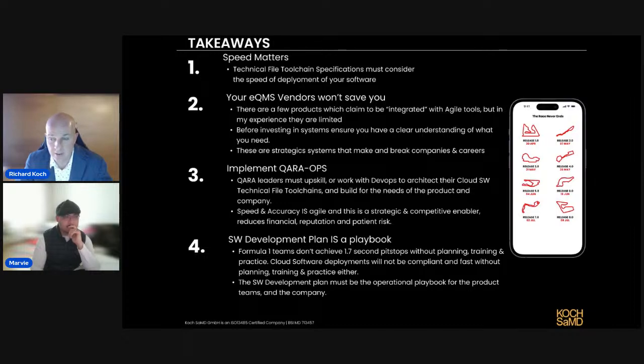So you don't have to guess, you don't have to reinvent the wheel, but basically you get the help you need. So yeah, in summary, do it yourself. Obviously your network, and Marvi and I are trying to fill the gap to support QARA professionals in that space. Marvi, have you got any build you'd like to make on those points?